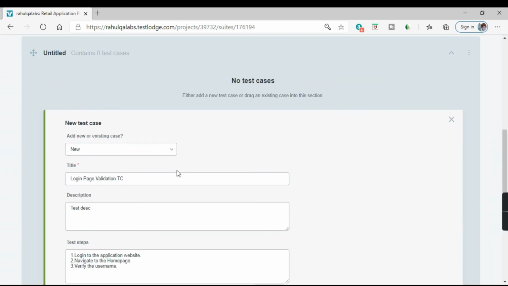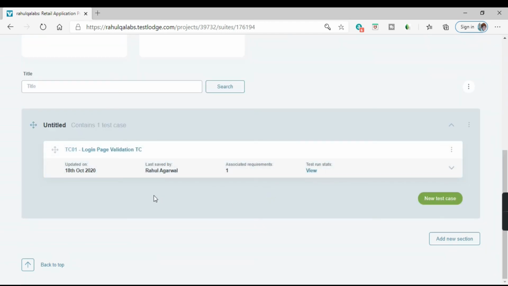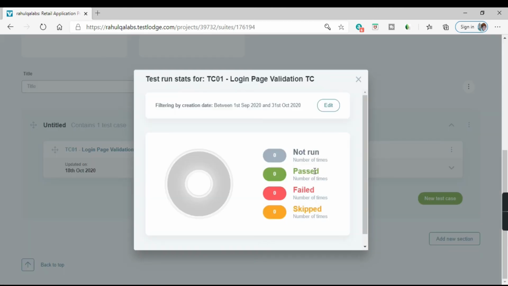Okay, so we have given all the values here. Now let us click on add test case. So see, your test case is added. The details are here: updated on, saved by, what requirements it is covering, and test stats, like how many times this test case has run. Suppose if we click on view, so see,